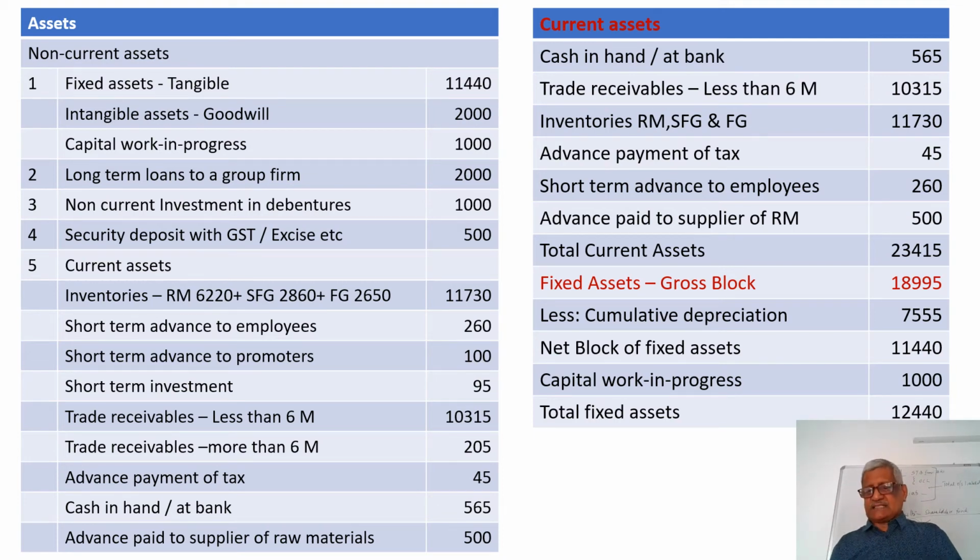So when you come to the asset side, the first one is the current assets. Only those items which satisfy two conditions will appear under current assets. That is, the asset is a part of the working capital cycle. The second one is the asset is convertible into cash in the next 12 months. Once that is done, we go to the fixed asset, gross block, less cumulative depreciation, net block. And if there is any capital work in progress, you add that. Now we have the total current asset, total fixed asset. Now we move on to the